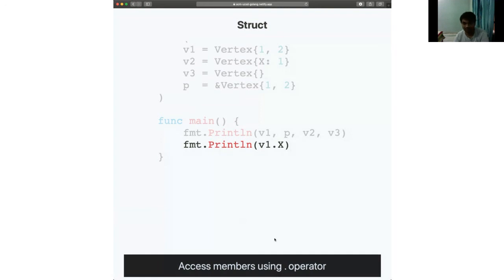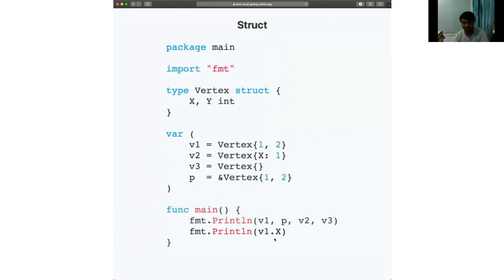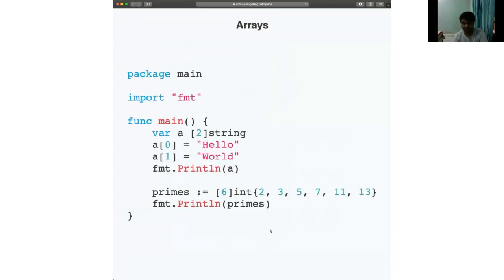Right. So, anyways, moving along. So, this was our struct program. We declared a struct with x and y parameters, and then we had a bunch of variables that assigned values to the struct in different ways. And we also had some printing going on here with the dot operator. So yeah, all those things are very similar to C or C++. So let's move on. So, arrays.